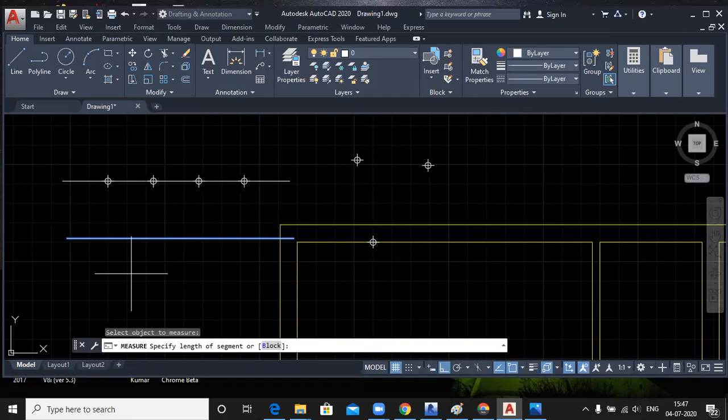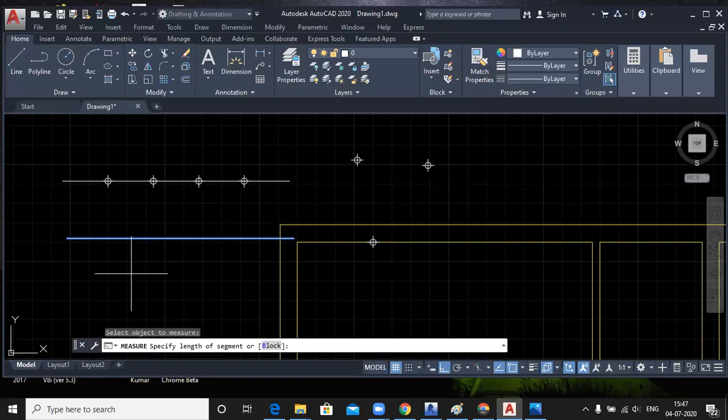10 feet is the total length. But how much length do you want for your segment? So here we mention the length of your segments. This is the difference only.